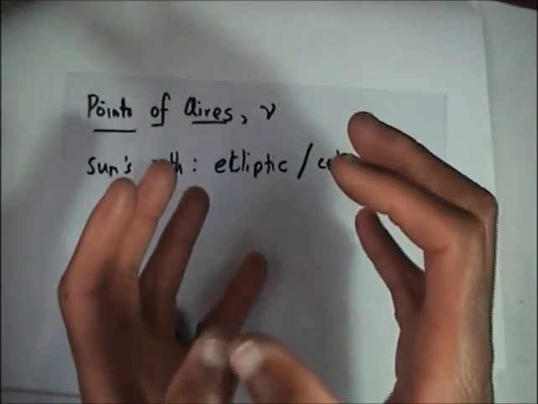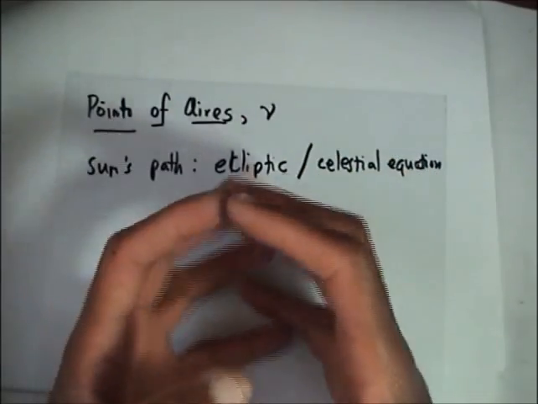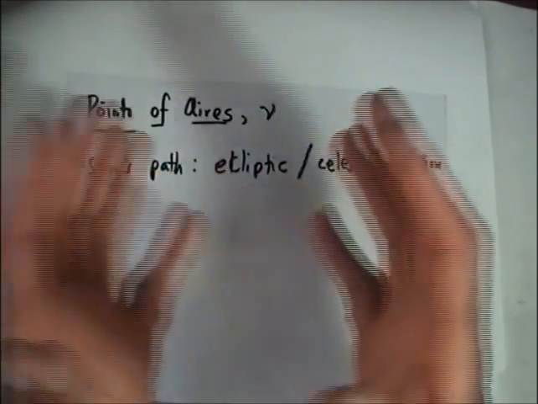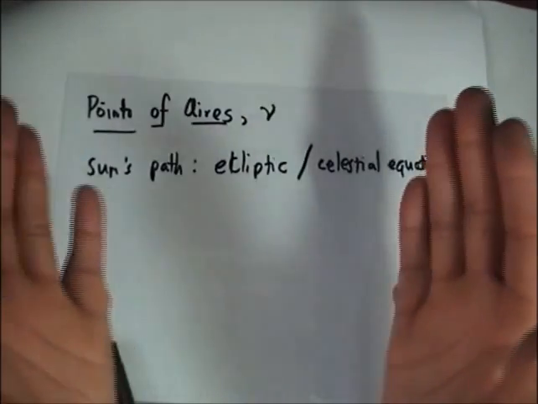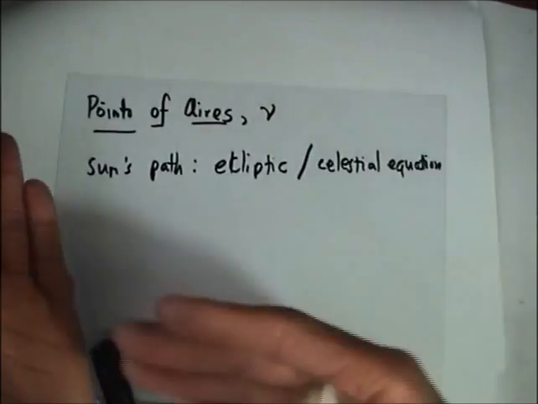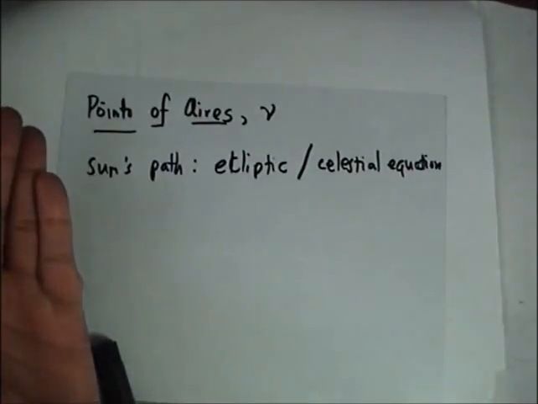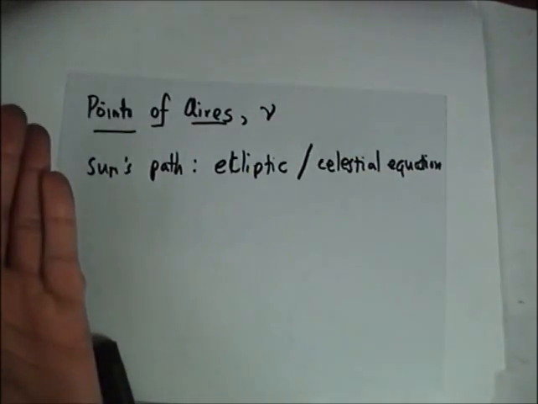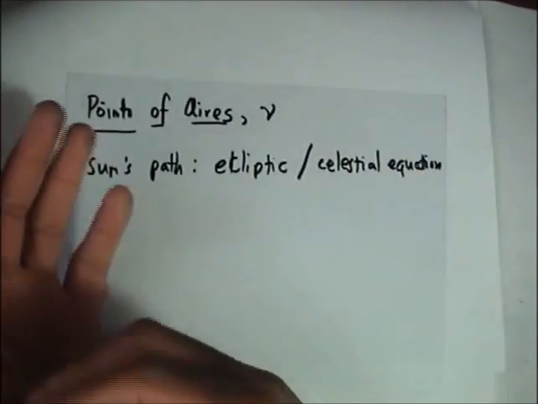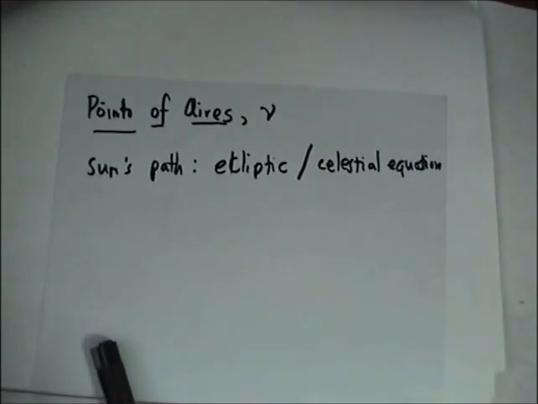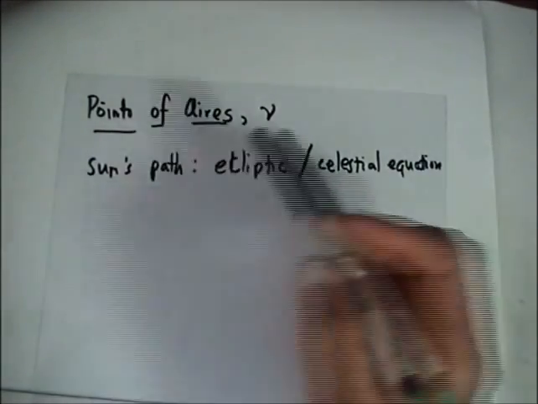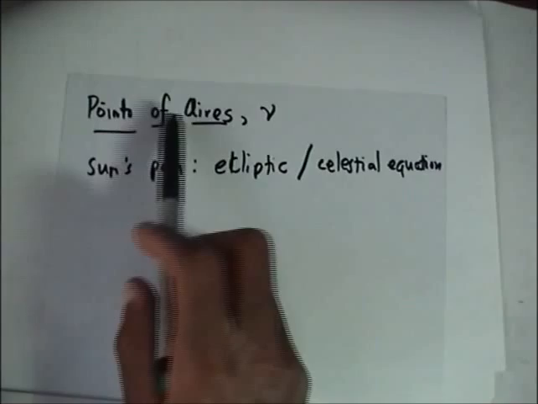So that is a good point to reference, because it's fixed to the celestial sphere, and we can calculate where that point is, because we know when the sun is going to move from the southern to the northern hemisphere. We know when that is, March 21. So before we get into when that happens, let's define our sidereal